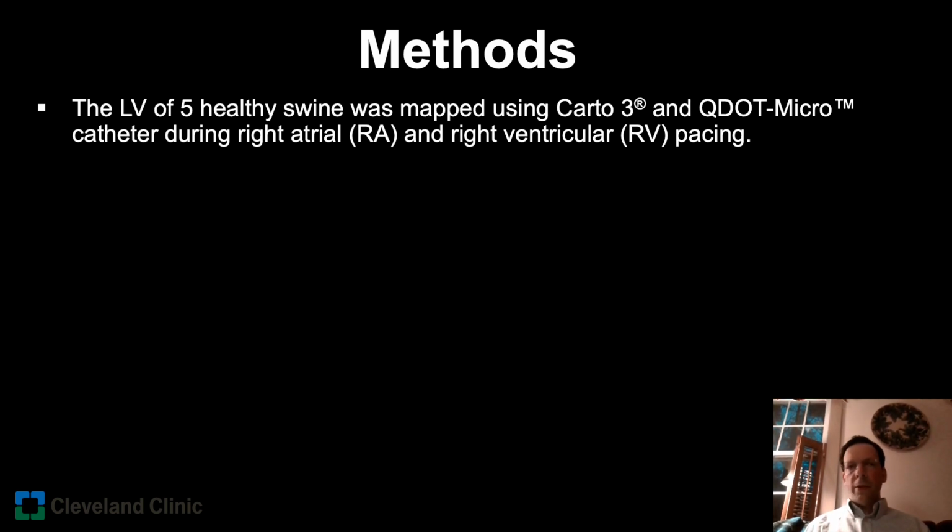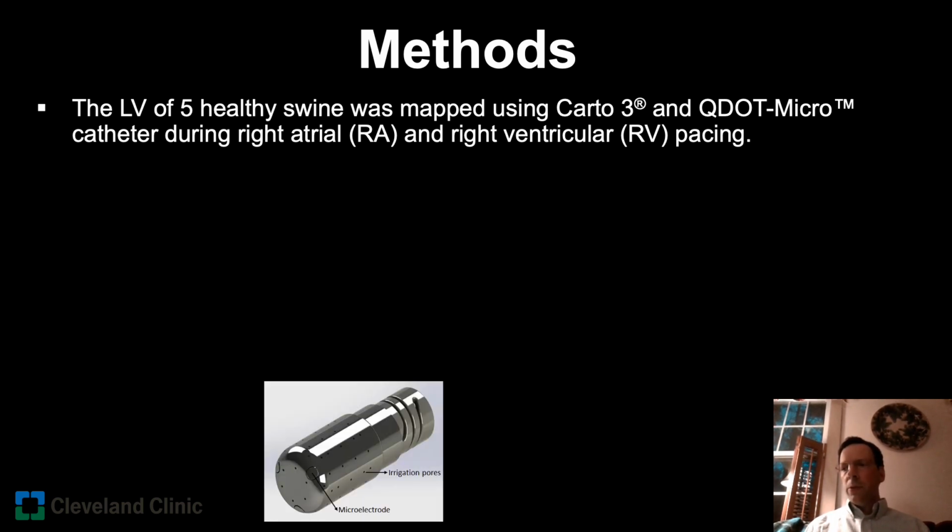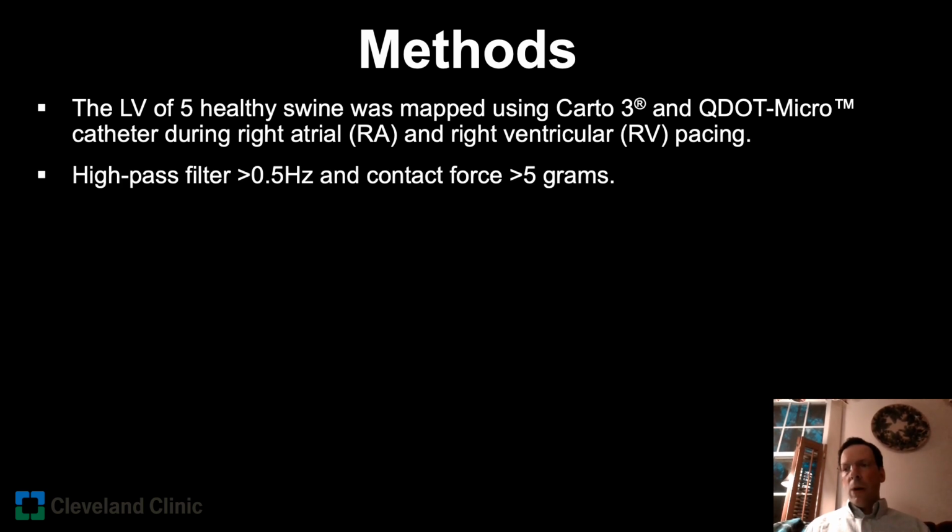The left ventricles of 5 healthy swine were mapped using a microelectrode catheter during RV-paced rhythm, as well as RA-paced rhythm. The Carto 3 mapping system was used. A low high-pass filter corner frequency was set at 0.5 Hz, and contact force was maintained at 5 grams or